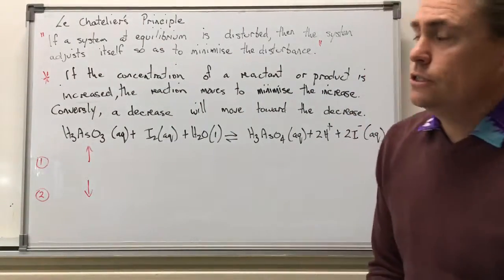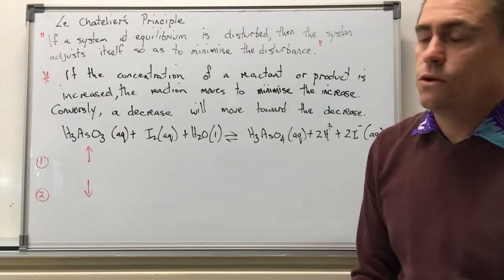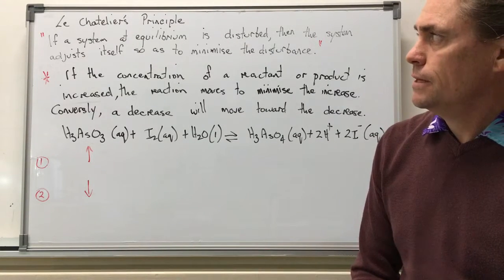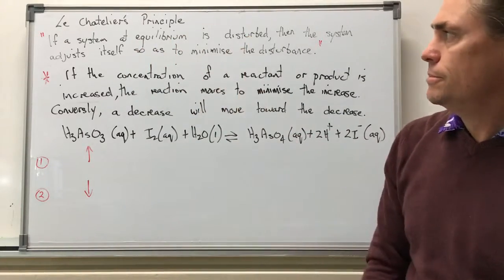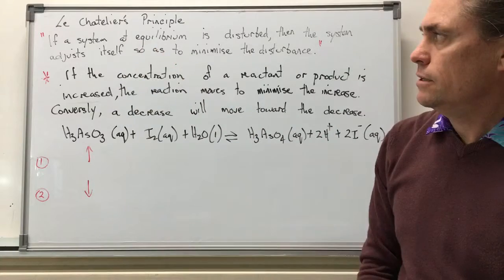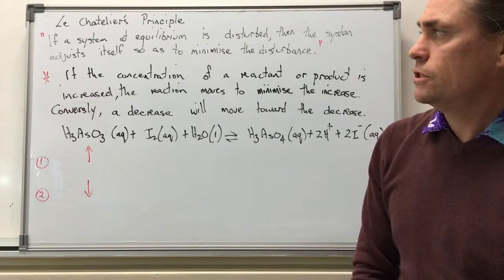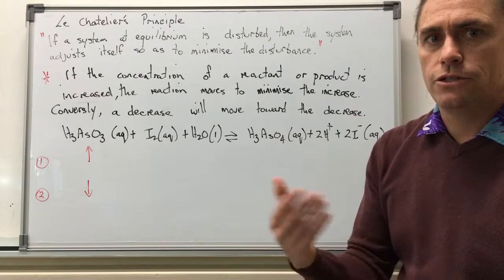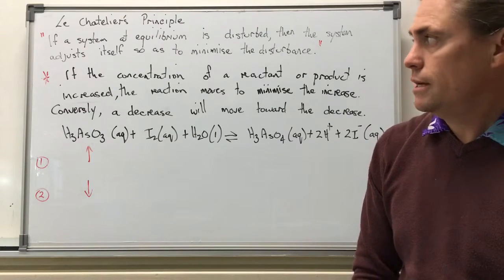Okay, let's look at Le Chatelier's principle and see the influence of this principle on equilibrium reactions. First of all, the principle says that if a system at equilibrium is disturbed, then the system will adjust itself so as to minimise that disturbance. Now there are three types of disturbance that we can have. We can either disturb the concentration of the reactants or products, we can disturb the temperature, or we can disturb